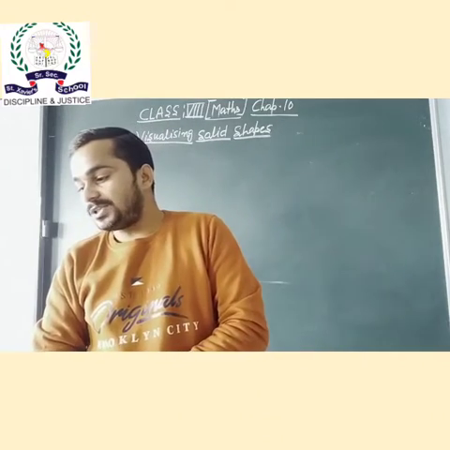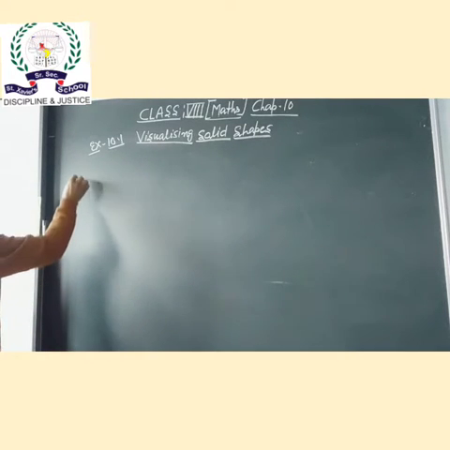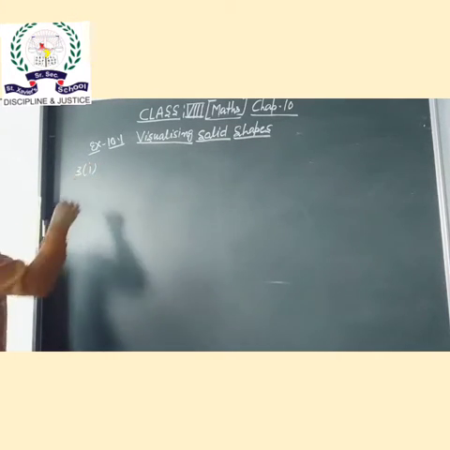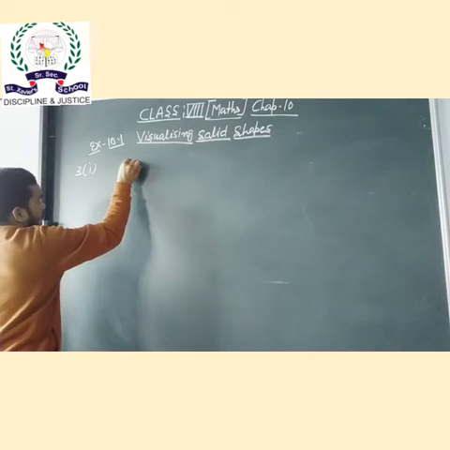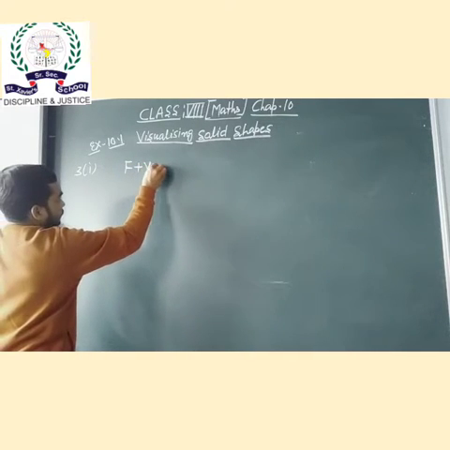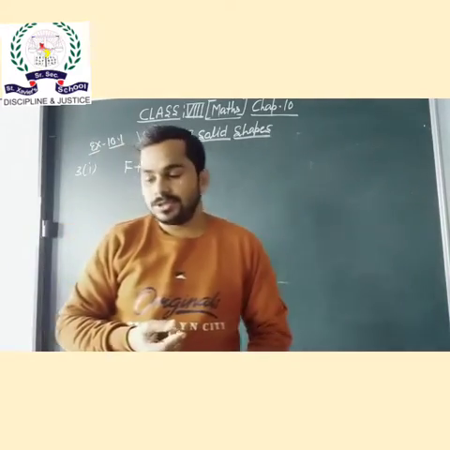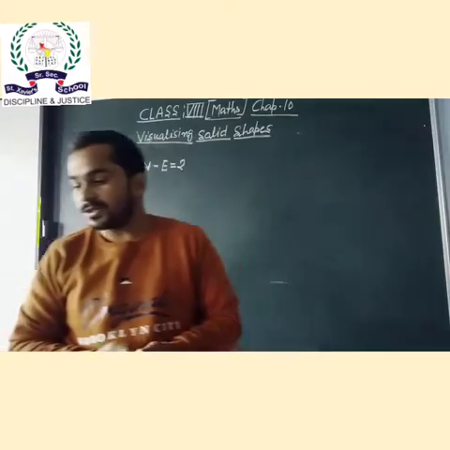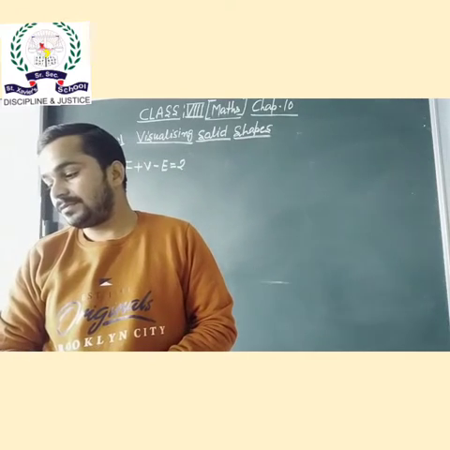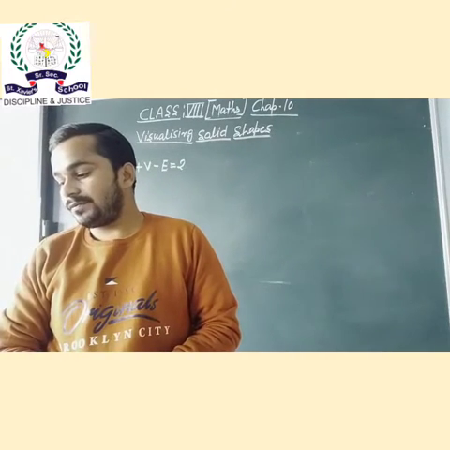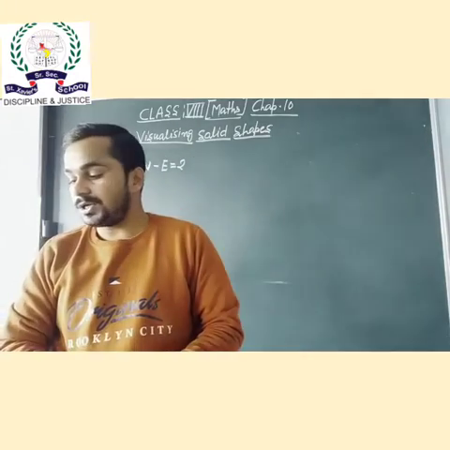Now question number 3, where we have an MCQ pattern question. The Euler's formula is given by. We already discussed Euler's formula. Question number 3, part first. F plus V, faces plus vertices minus edges, is equal to 2. In option A, E plus V equals V plus F plus 2, that is wrong. The second, E plus V minus 2F, is also wrong. Third, V plus F minus E equals 2. So this is the correct option of this question.